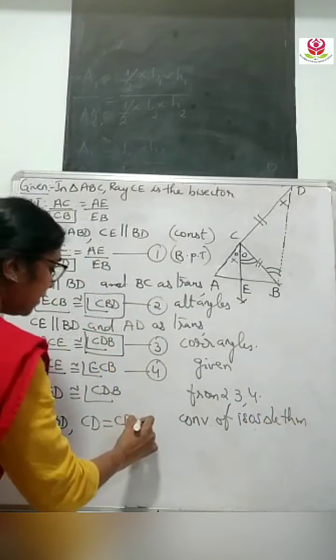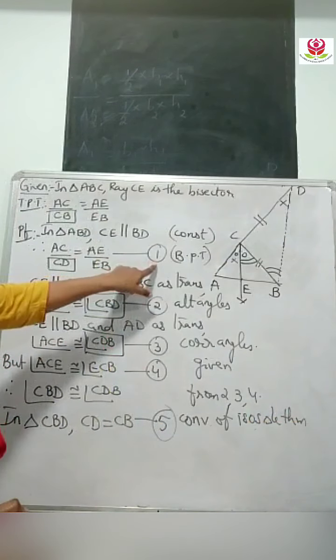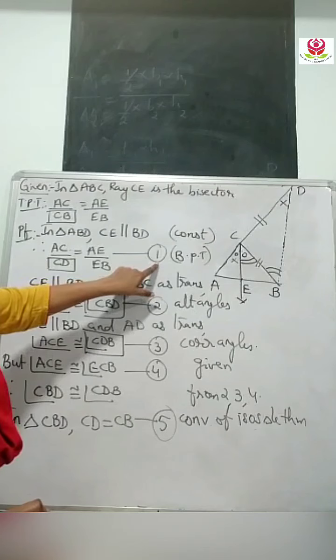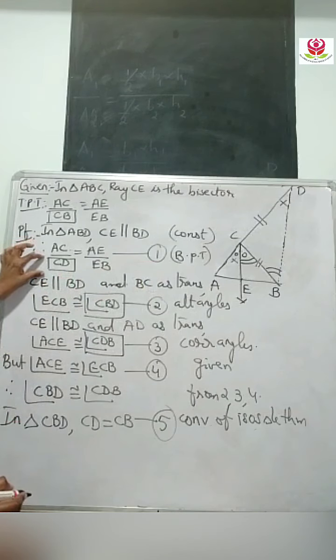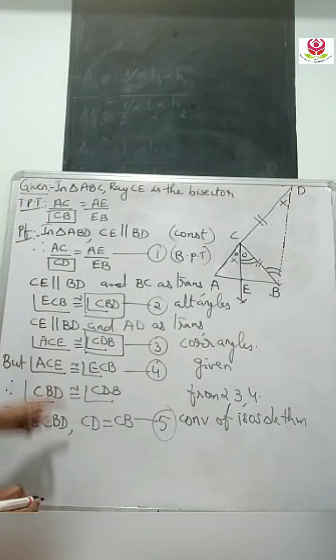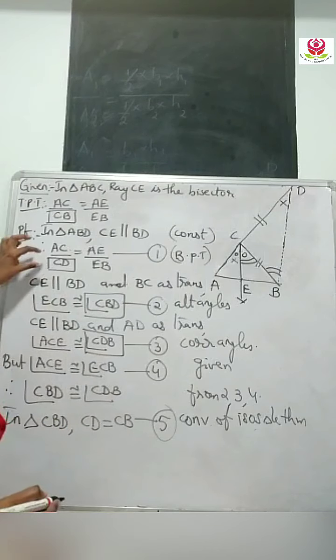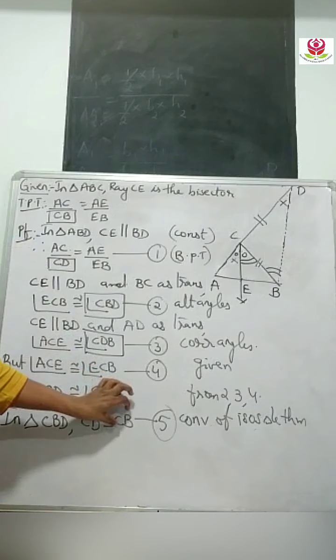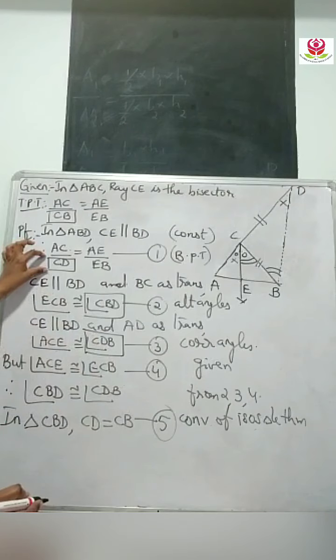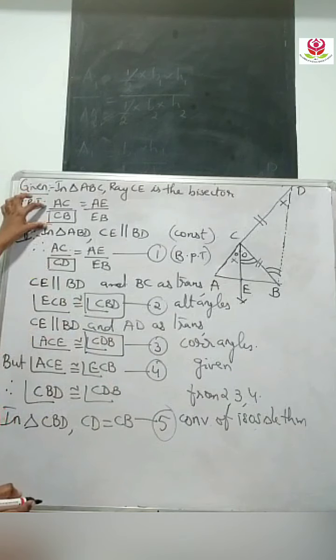Now I am marking this as equation 5. Now let us come back to equation 1. In your equation 1, you had a denominator CD which was not matching your result, and now you got that CD and CB are equal to each other. That means in place of CD, you can put CB. Once you substitute CB, you will get the required result.